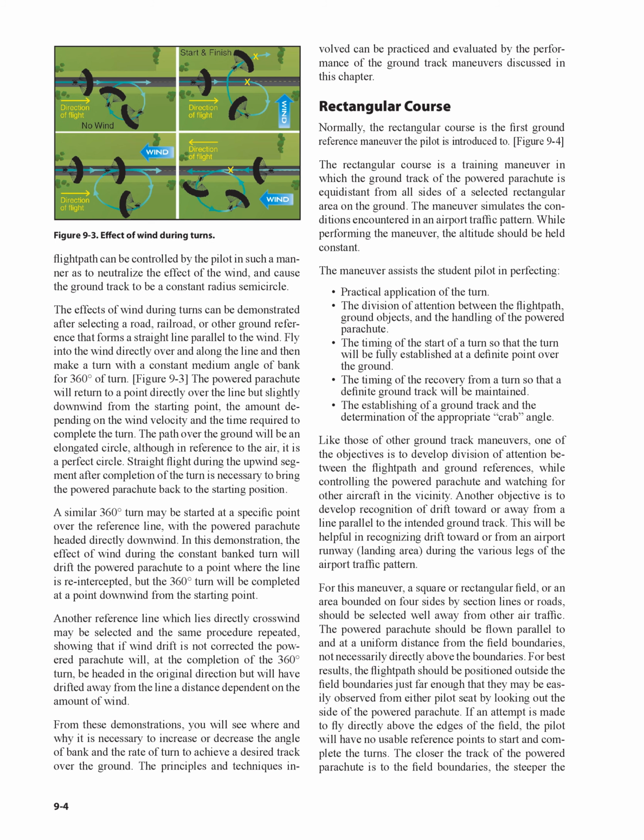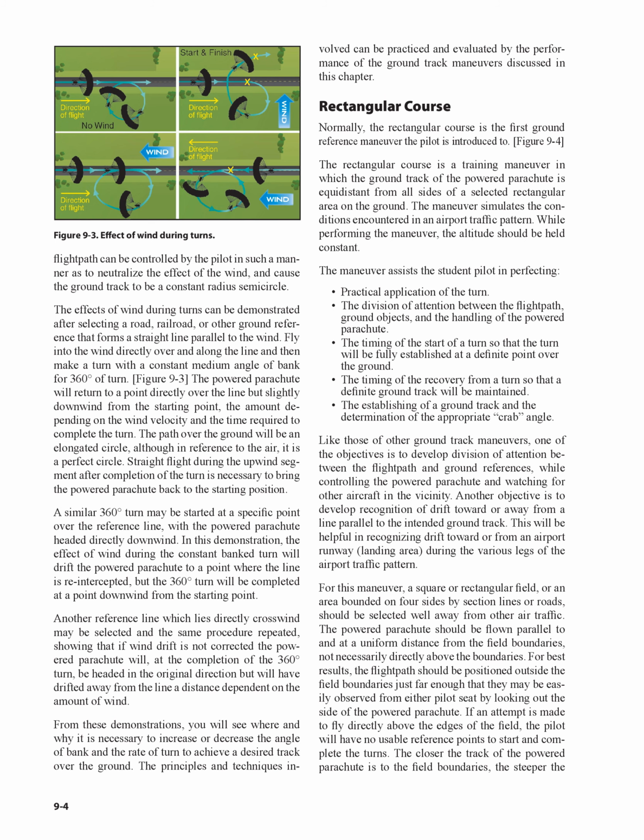Like those of other ground track maneuvers, one of the objectives is to develop division of attention between the flight path and ground references, while controlling the powered parachute and watching for other aircraft in the vicinity. Another objective is to develop recognition of drift toward or away from a line parallel to the intended ground track. This will be helpful in recognizing drift toward or from an airport runway, landing area, during the various legs of